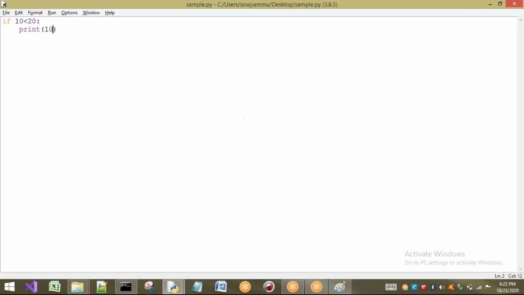There is no mistake. The reason is I am printing some value. Whenever you print some value, there is no need for double quotes. But whenever we want to print some string, compulsorily double quotes should be there. I want to print 10 is a keyword, so I will just write greater. Now observe one thing. Syntactically, is there any error? There is no syntax error here. Observe carefully: print is there, open bracket, close bracket is there, and something is written inside the parentheses. Syntactically, there is no problem.